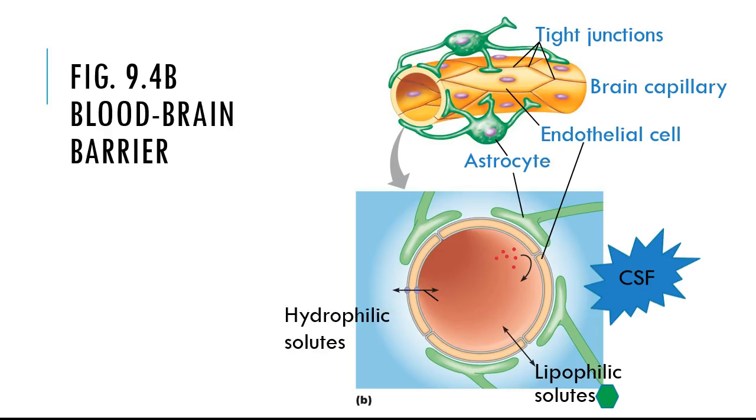What about hydrophilic solutes? No, unless there is a channel or a transporter. So a lot of larger solutes, like glucose, we normally wouldn't be able to simply diffuse, but we could transport it across into the cerebral spinal fluid. So it can simply diffuse things like oxygen into the spinal fluid. We can transport more hydrophilic molecules like glucose into the spinal fluid. We know that our brain needs oxygen and glucose.